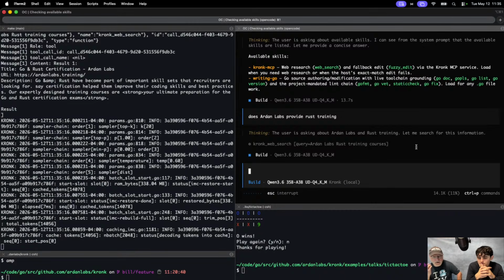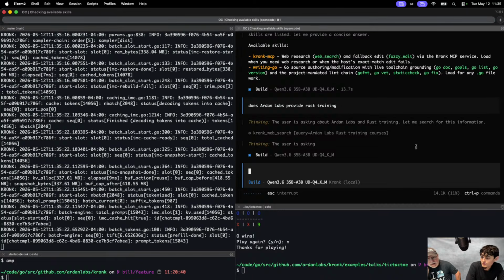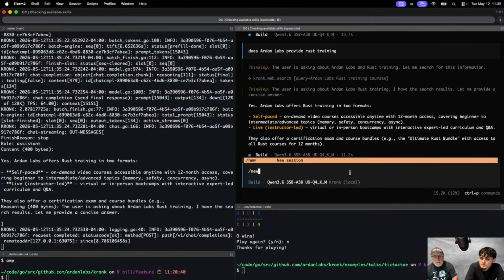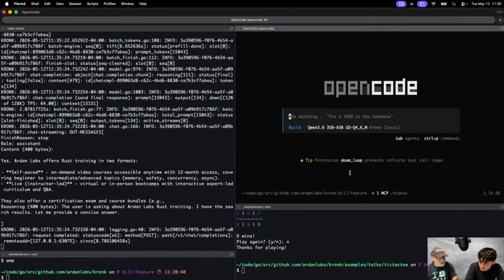I would attribute that it would never have done that until I had the skill files and that agent stuff. It just wouldn't do it. There wasn't enough of a push towards it. But we can definitely see that it chose to use the web search to do that. Okay, interesting. So let's do this for a second. I'm going to start a new session. I'm not going to ask it about skill sets or anything. I'm not even going to reset the model, because this will be all new context. It won't matter.